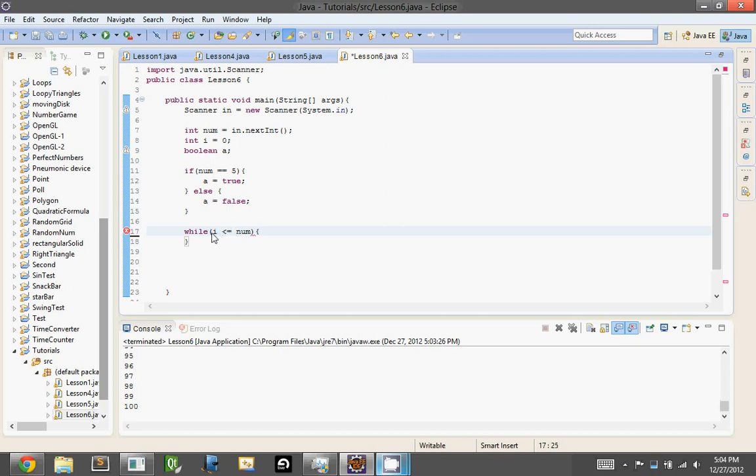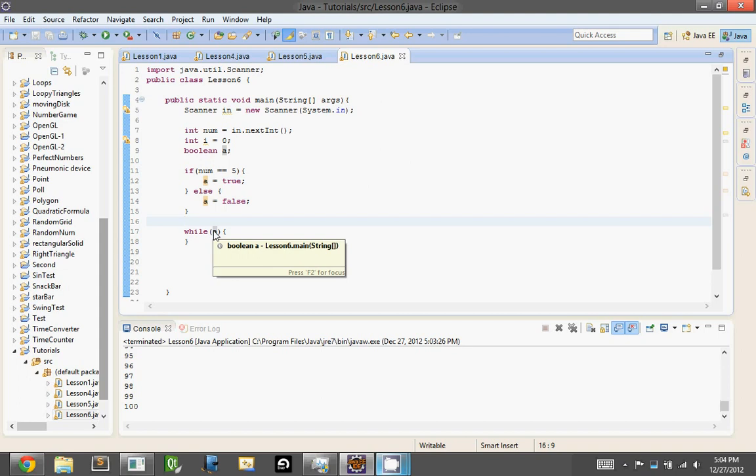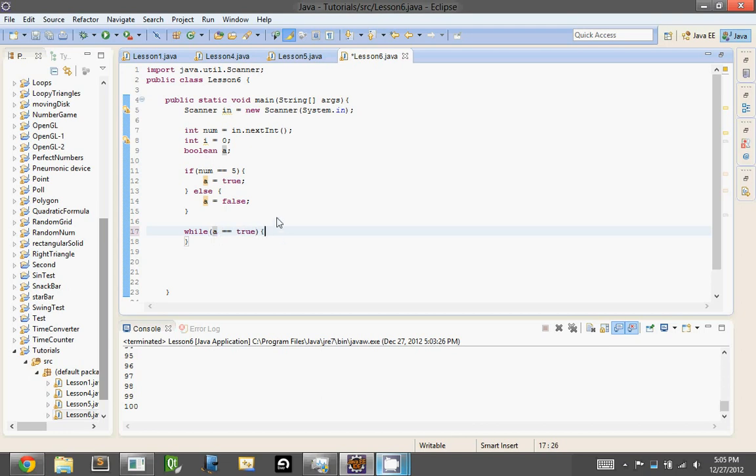Now, in most programming languages, not only can you say while a equals true, you could actually just say while a, and it will assume that you're saying while a is true. You have to remember that the general assumption would be that a is true. So this is just saying while a is equal to true. I'll keep in the equals true for now, and as we progress, I'll start to take that out when I write it. But anyway, we can say while a equals true,